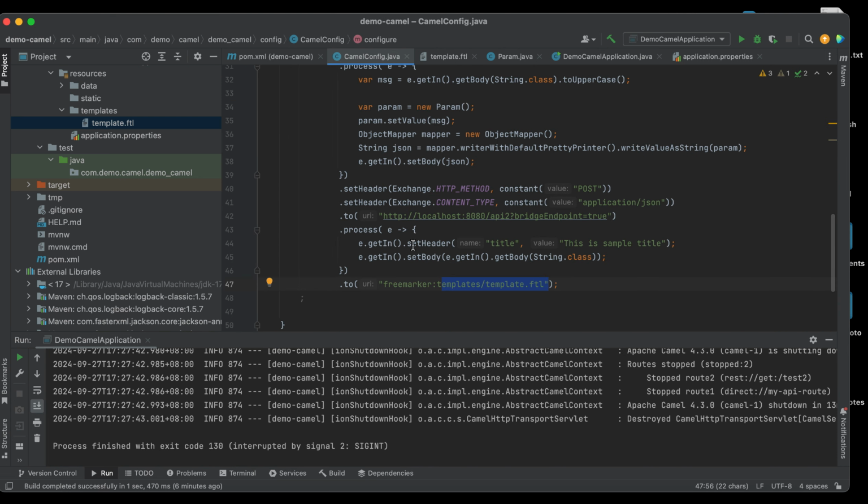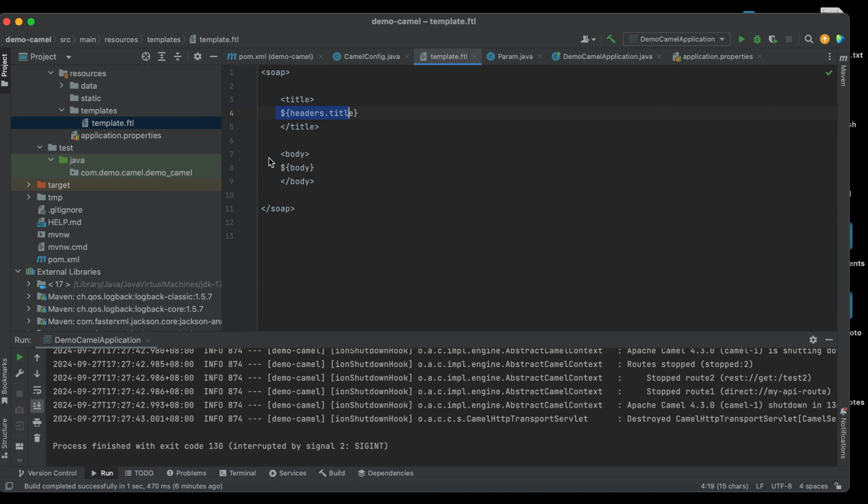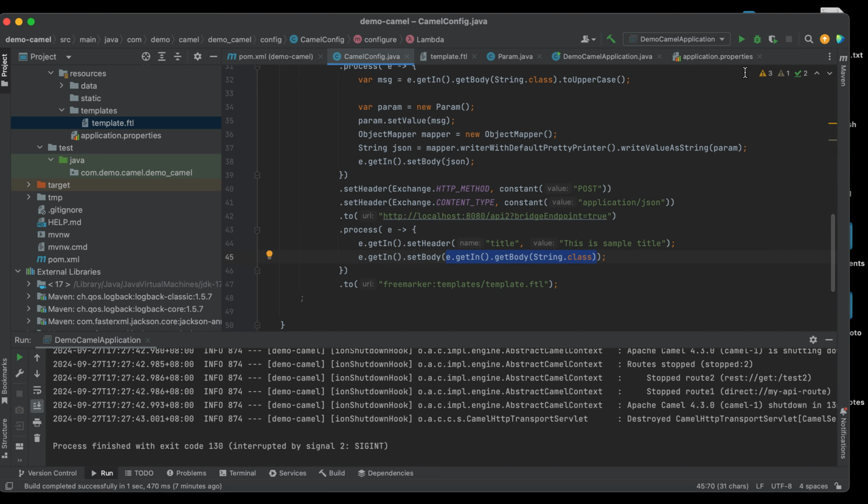For the title, we hard coded it. For the body, it's whatever the result of the previous API call, right? So let's test this out. We are expecting this XML output, but of course this will be replaced with whatever values we pass in the Java. Basically, we will get this, right? Okay, let's test this out.